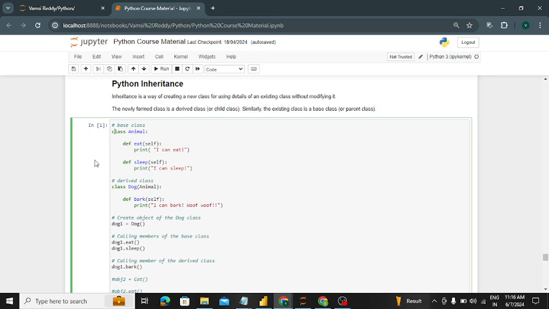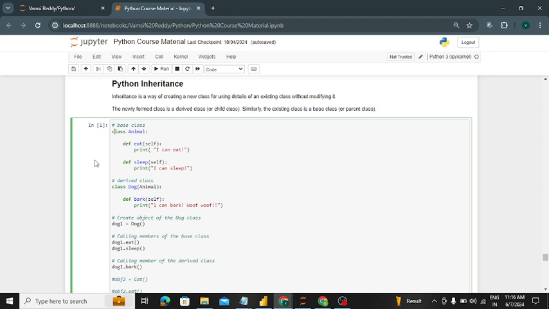Now I am creating the child class. Class Dog is a child. See the syntax. I am inheriting the parent features to the child by passing the parameter Animal, which is the class name we defined previously.